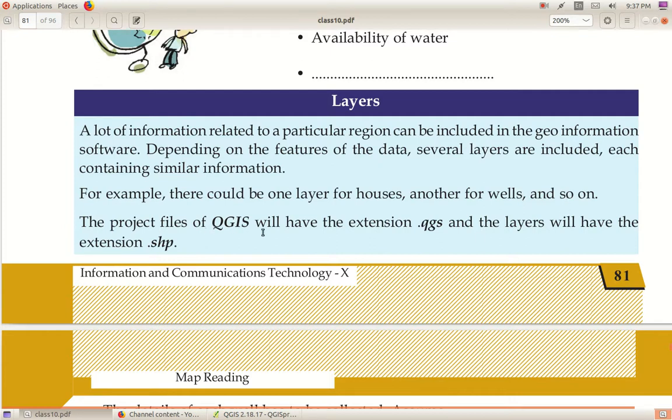The project file of QGIS will have the extension .QGS, very important, and the layer has an extension that is